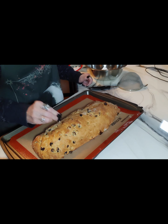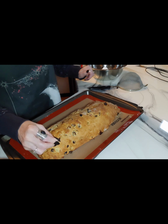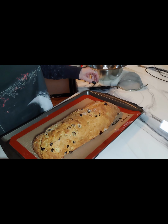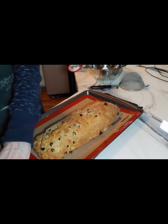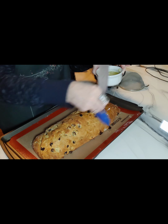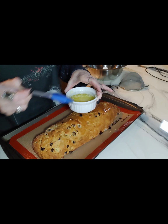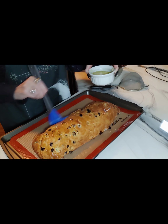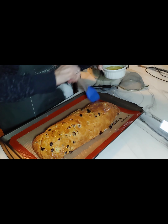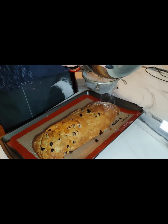After the Stollen has sat for 5 minutes, use a toothpick to poke holes all over and then cover it in melted butter. Then generously sprinkle your powdered sugar